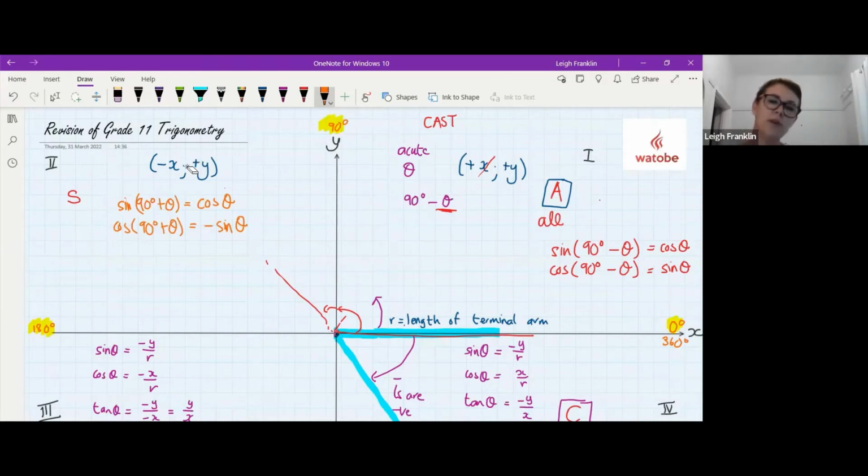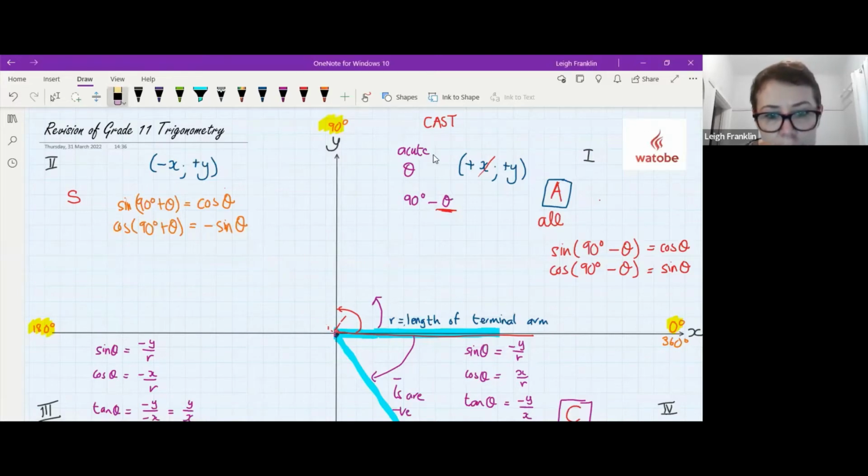All right, so we've got into the second quadrant now. We've done it first of all by saying 90 plus theta. But the other way that we could get into the second quadrant is by going all the way to 180 degrees and then going theta degrees backwards. So what happens here